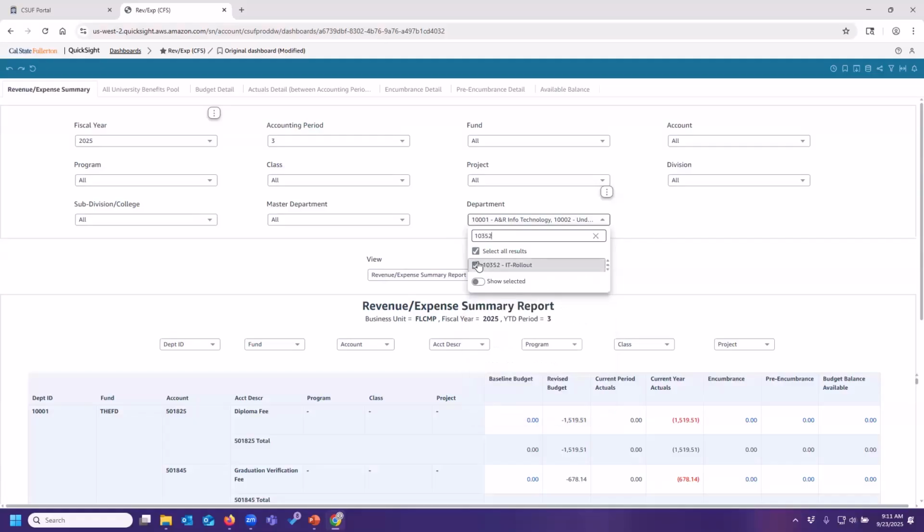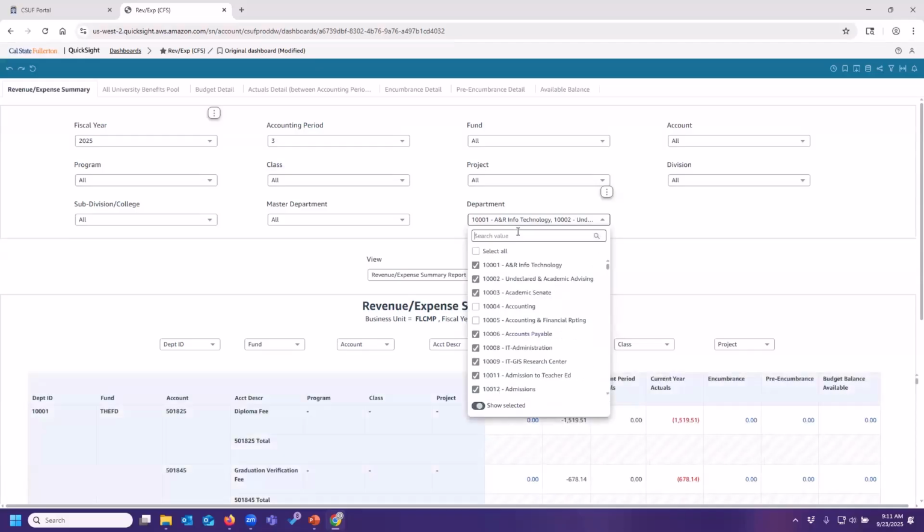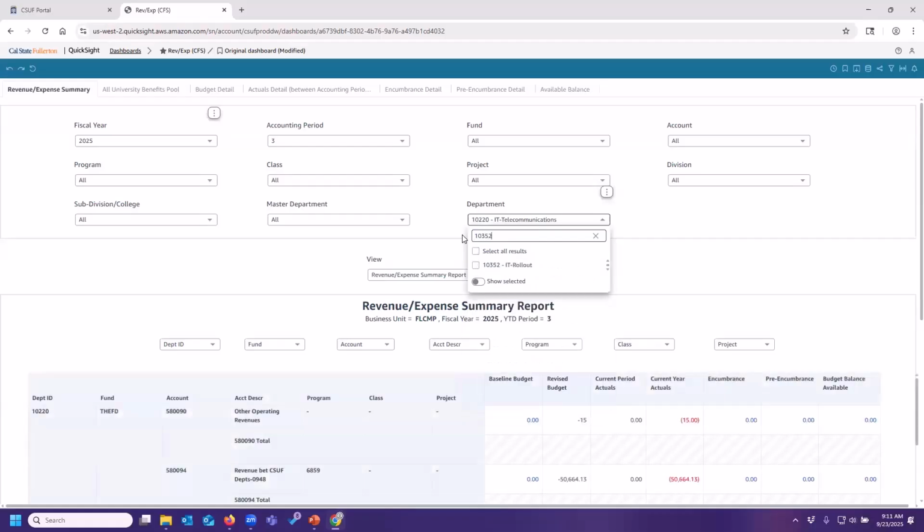Let's show selected. Oh, it selected all of them. Here, let's do this, and then uncheck. That should work a little better.